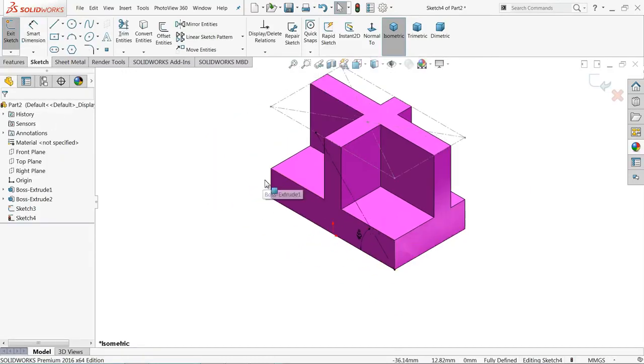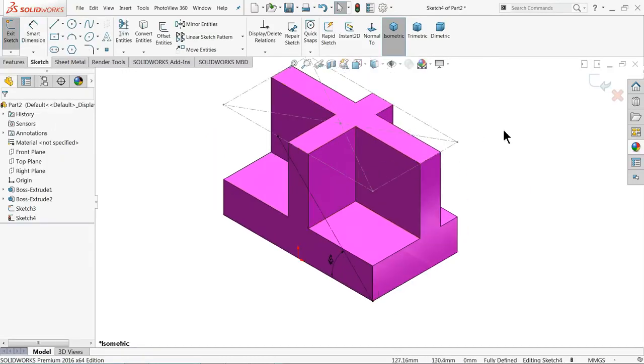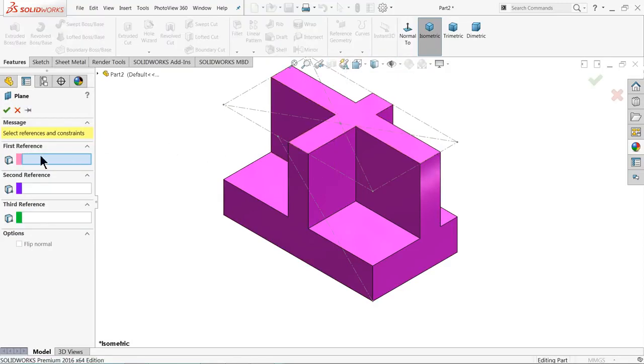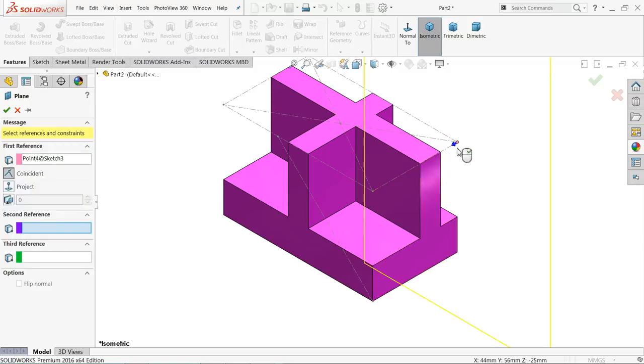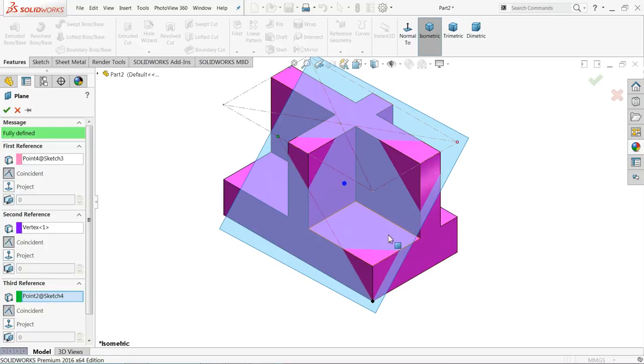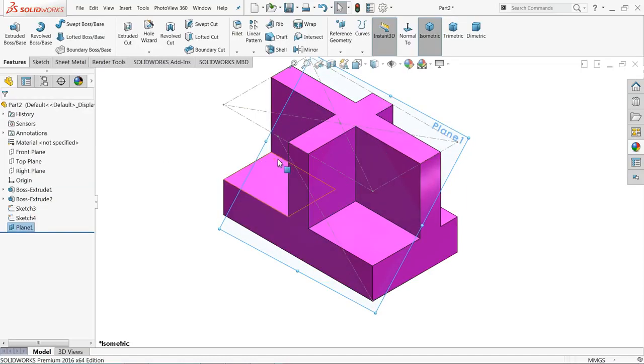Okay, now it's time to define our plane. Exit. Now with the help of these two sketches we will define our plane. So just go to plane. Now in plane we will see first reference, second reference, third reference. We will choose here 3 reference point. So first this point. Okay, now the second this point. Okay, now the third this point. See, you can see the preview of plane. Okay, now I'll choose this plane,